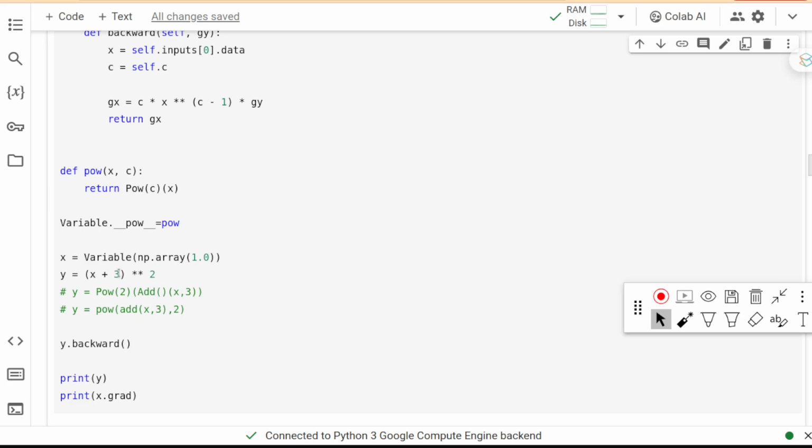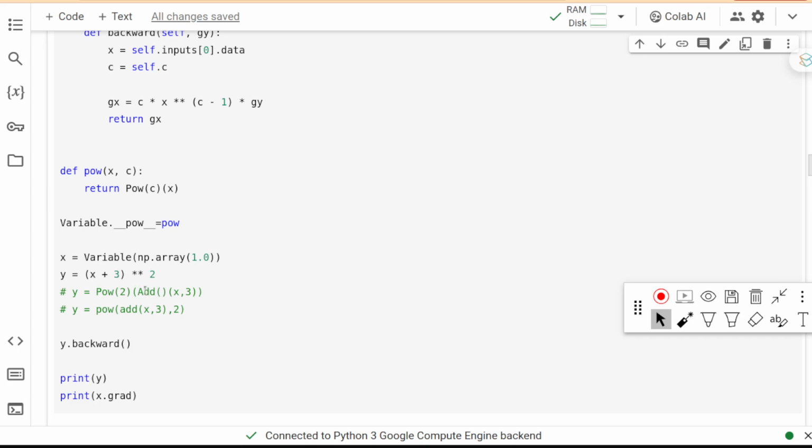So x and the 3 will be the inputs of the add operator, and the output of x plus 3 and the 2 will be sent to the power operator. So actually, the syntax tree will look very similar to the line here.